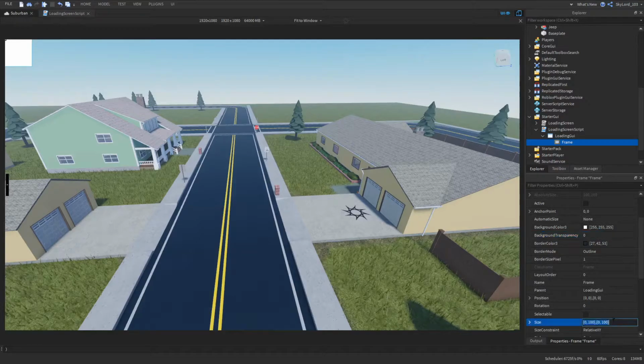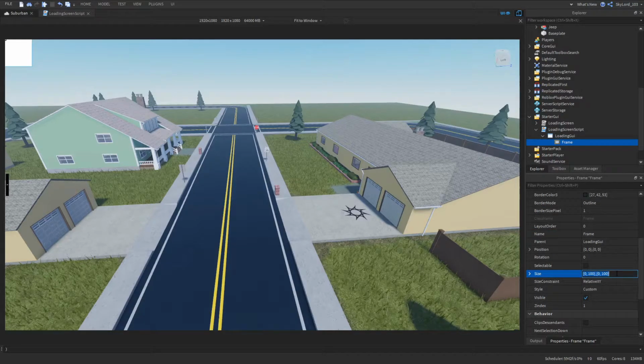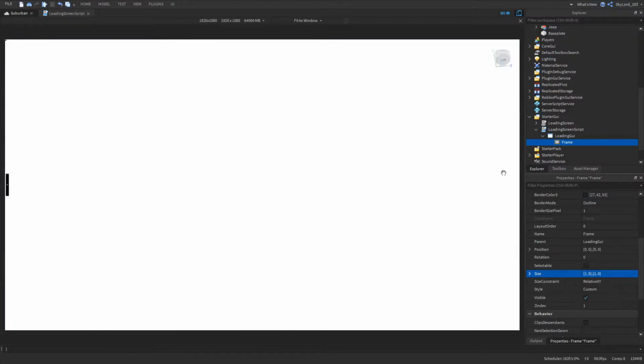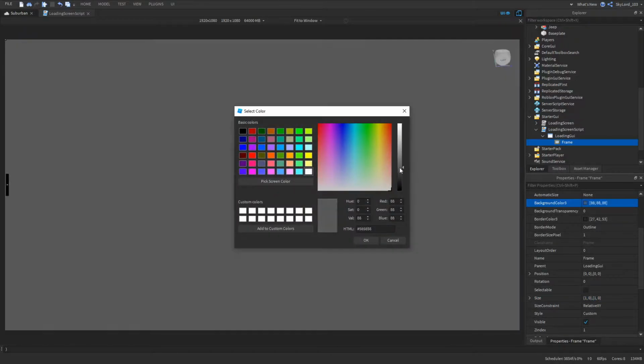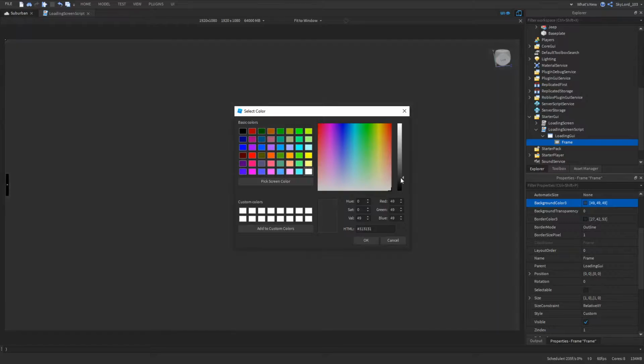I'm gonna go down to the size. I'm gonna set it to 1, 0, 1, 0. Where I put the ones, that is on a scale of the screen, so like 0.5% of the screen, so half. And the numbers that are 0, that is offset, so in pixels. Click enter. Now that fills the entire screen. I'm going to change the color something down to about 40 on